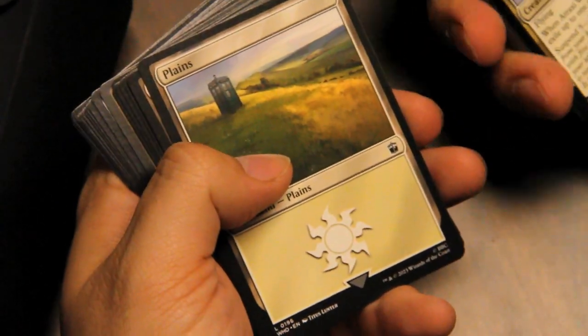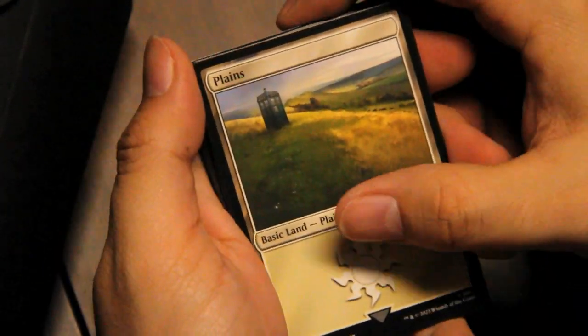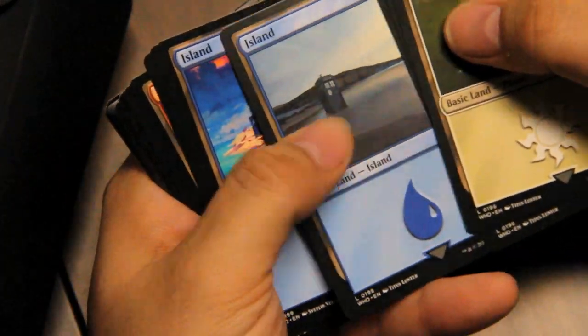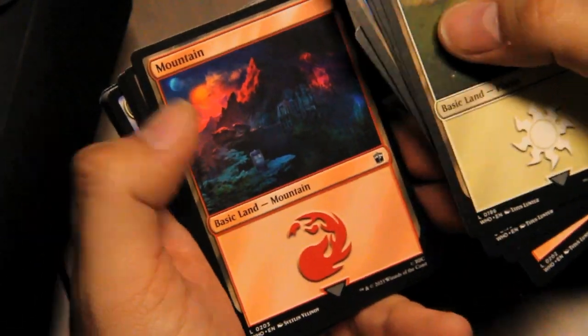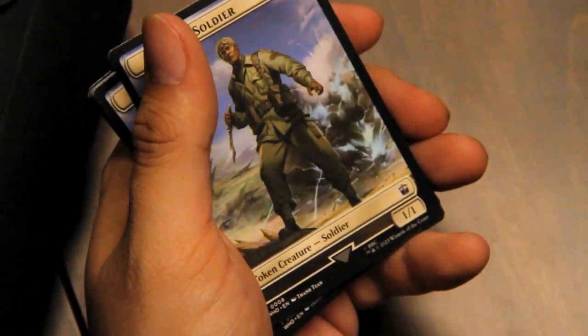I was starting to wonder, are there any just normal lands? But not a whole lot. But I love just seeing the TARDIS in the landscape. Plains, Island, Mountain, and then, oh, that was all the...